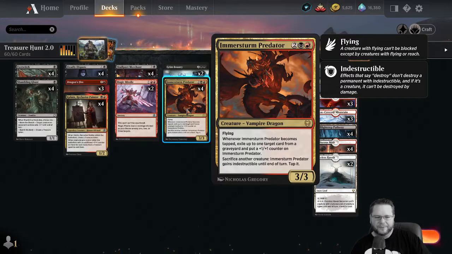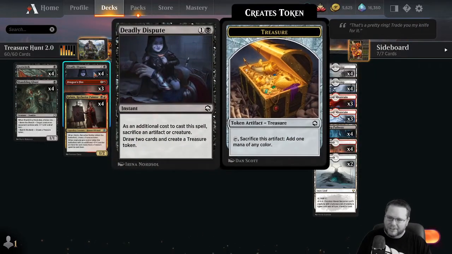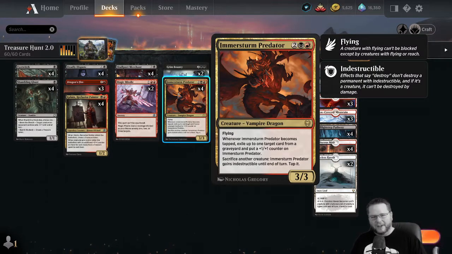Because you don't want it to be tapped before you block, right? But it gives it indestructibility. And you get to draw a card, whatever you did to sacrifice, right? Now, you can sacrifice anything at will with this card,